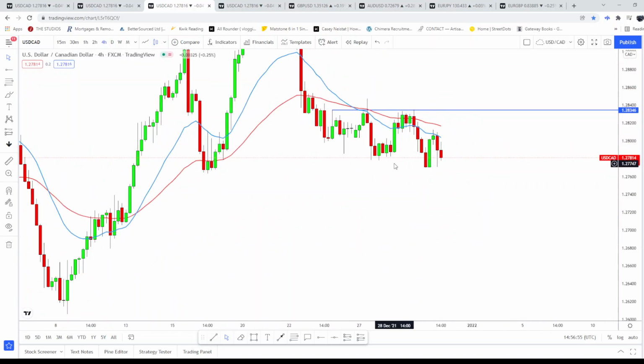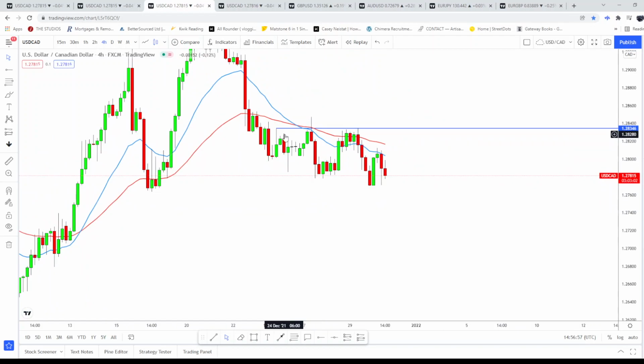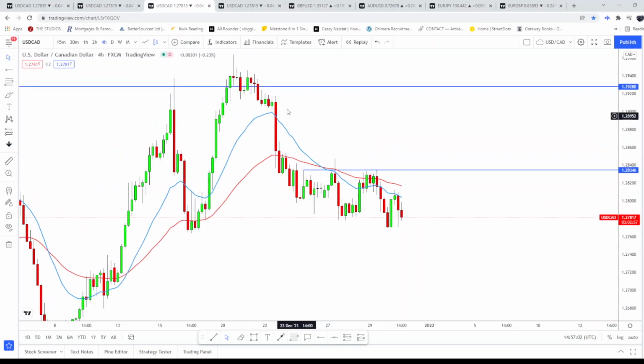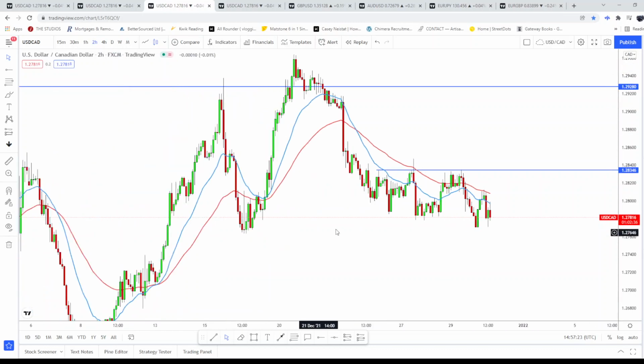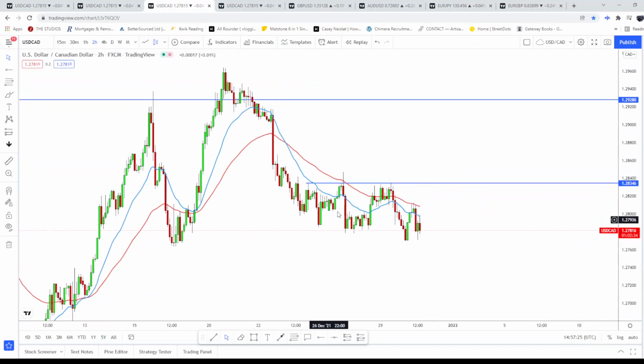more clearly using different candlestick formations and market trends. Here we can see that MAs have finally crossed over to the downside, and it's creating lower lows and lower highs, and we can see it go further down. In this case I would place Fibonacci to get my next target, and as we go on the 2 hour, we can see this more clearly of where we could get in for our next opportunity.